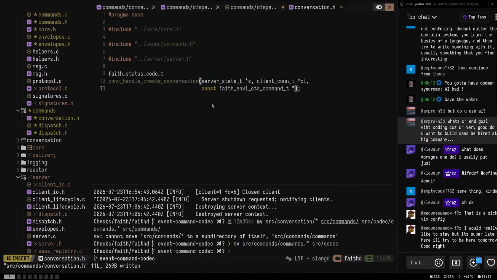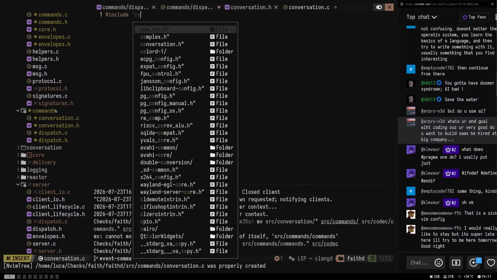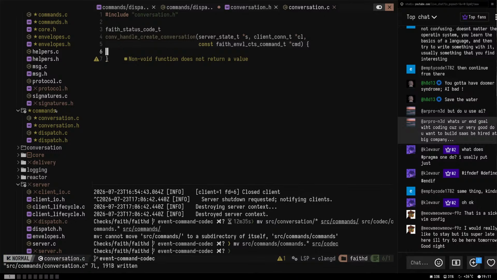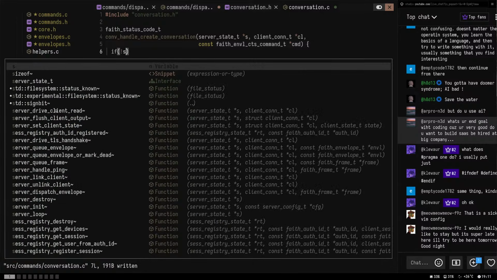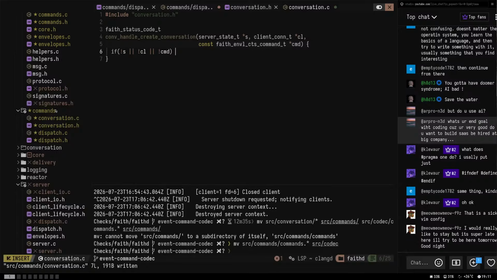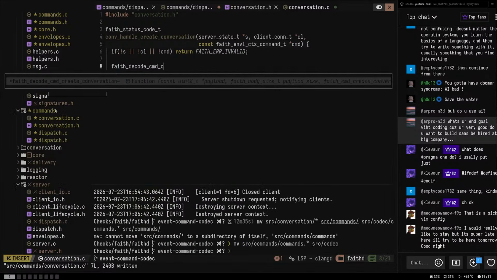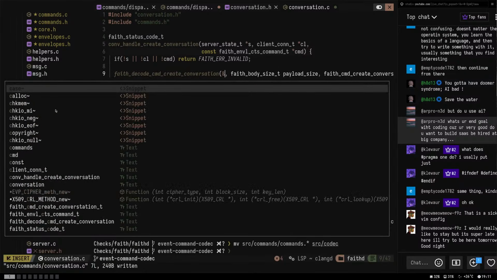But this is not really the envelope, so that's more like the command, essentially. So conversation.c, include conversation.h, create conversation, and then let's say command, and then we want to decode it further. So if not s or not cl or not cmd, return fh error invalid, but all of the rest is already checked by the overall dispatch. So now we can say fh decode command create conversation from the command